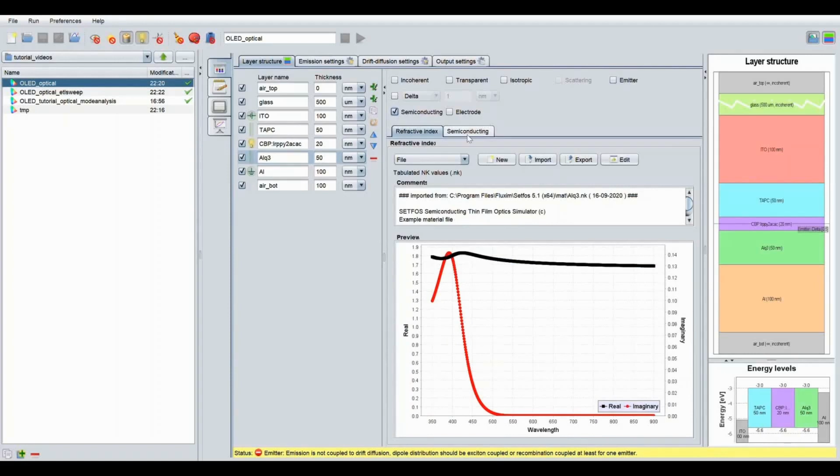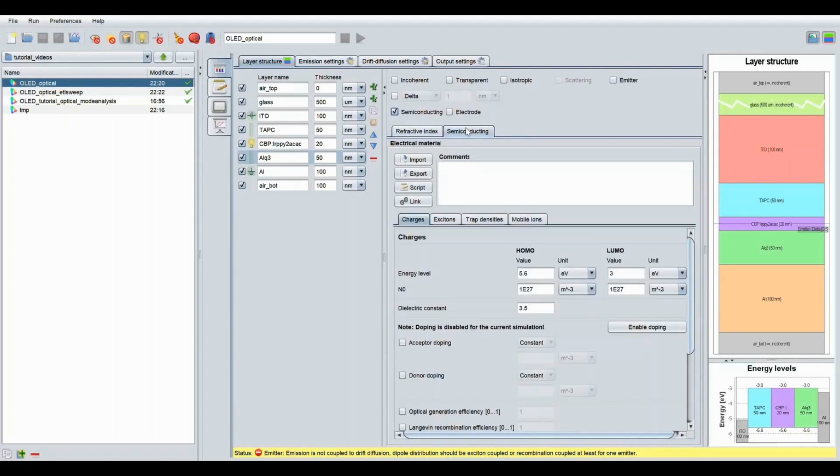And again, I have to provide material data, in this case, electrical material data. I can also import this from files, the .em files in this case. So for the Q3, for the emission layer, and for the hole transport layer.